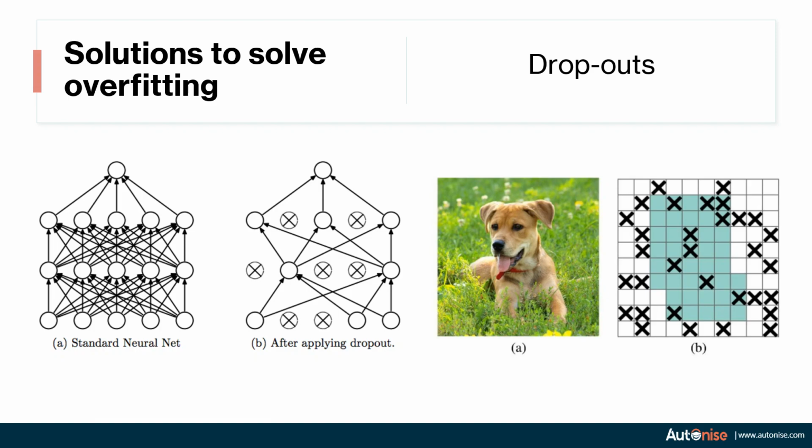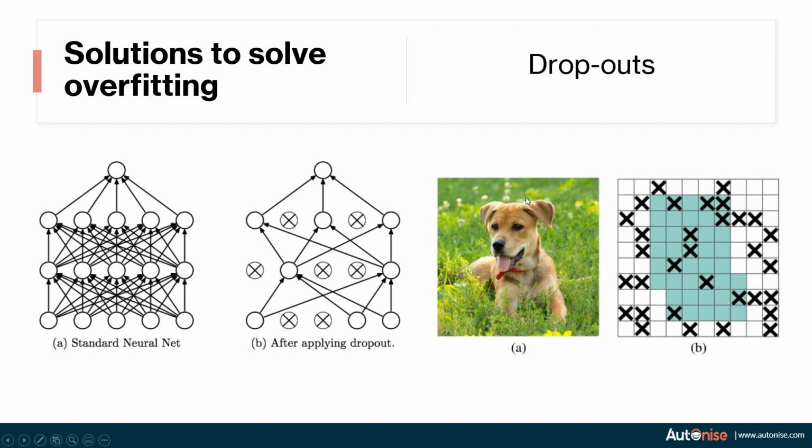This can happen, and it is a problem because it can happen in the testing dataset that there is a cat which does not have an ear, or there is a cat which has an ear which looks like a dog. As a human, even though the ear of the cat looks very similar to that of a dog, you will never say that the cat is a dog because it looks very different. The entire cat looks very different to the dog.